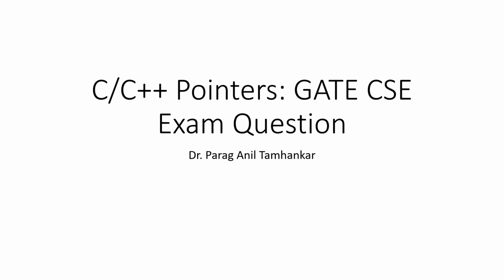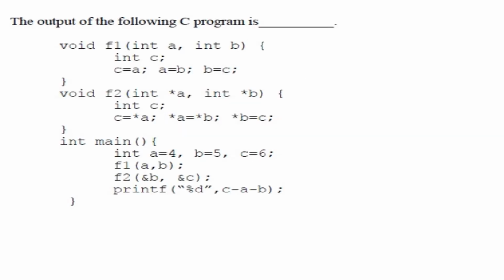Hello all. In this video, we will see a question from GATE CSE exam, which is related with C++ pointers. So here is the question. We wish to know what is the output of the following C program. As you can see, we are given three functions: F1,